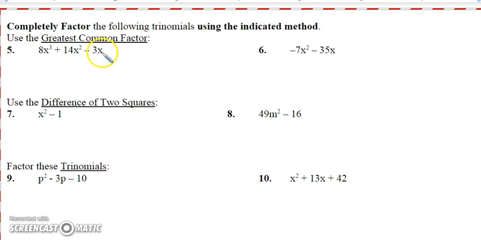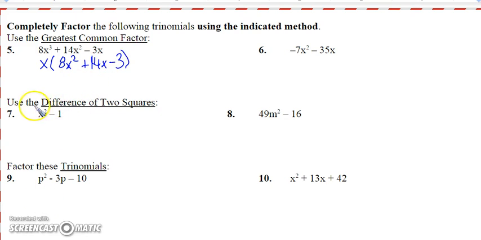x cubed, x squared, and x, each one has at least one x, so we can take out at least 1. So our final answer here would be x times 8x squared plus 14x minus 3. We took 1 x from each term. Okay. From there,